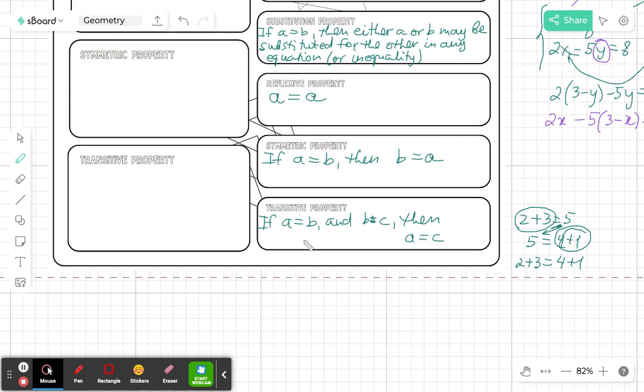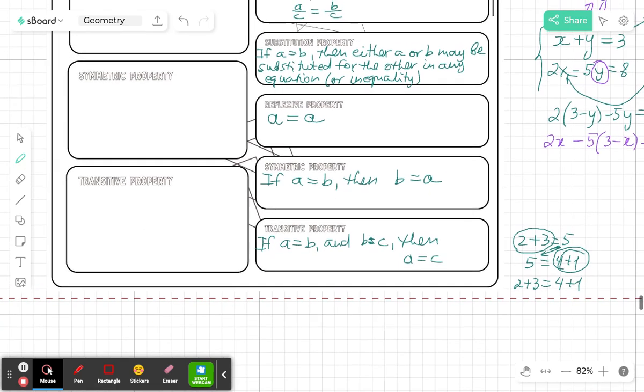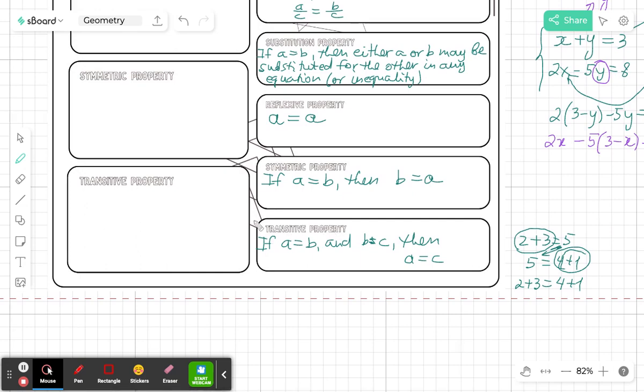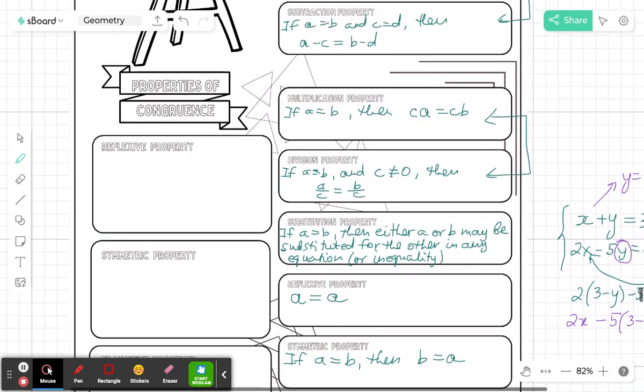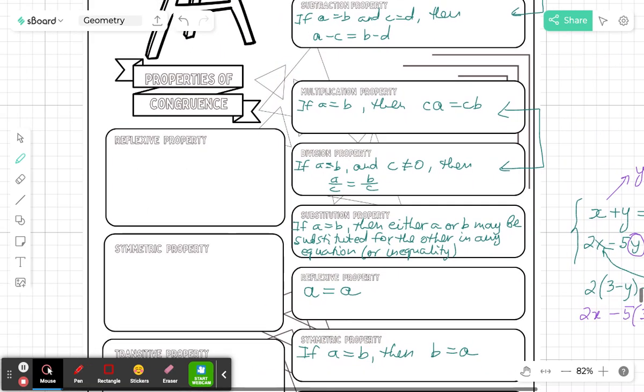Now, if we translate this transitive property or tie it with congruence statements, then this is how they are going to look for congruence statements. So for the reflexive property, for example, I have a figure, a segment, and I'm going to call it segment DE. Right? So if I have a segment DE, it is going to be congruent, not equal anymore, to a segment DE,